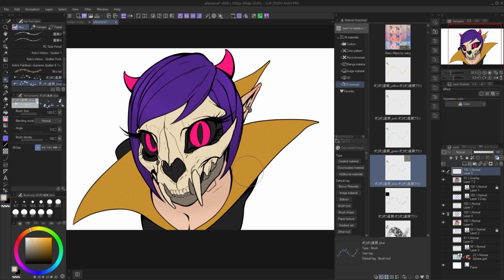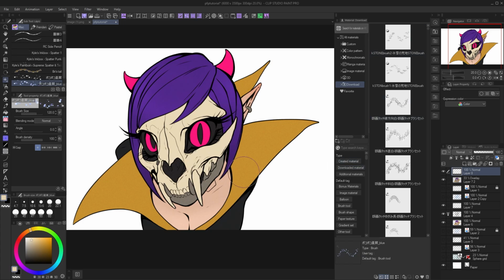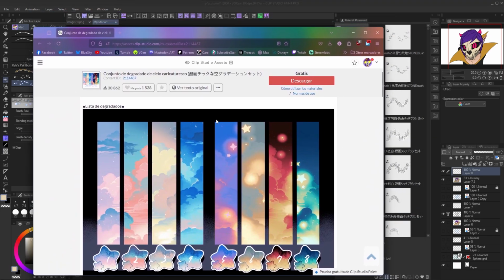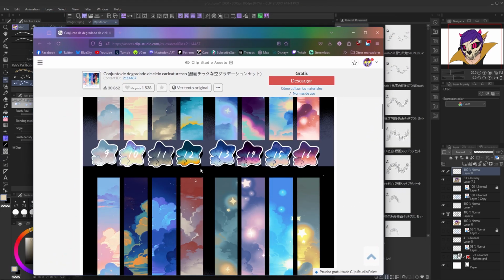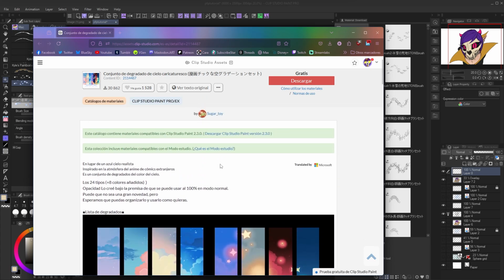There are a lot of different assets that you can use, such as auto actions, materials, images, 3D models. The website is full of resources, so I really recommend you take a look at it. I will also be exporting some gradients so you can see how to import them, because they are a little bit trickier. So now I have these wonderful gradients that I want to have in my inventory, so